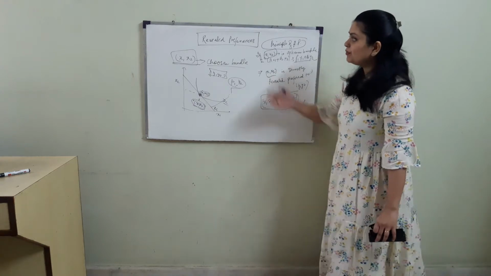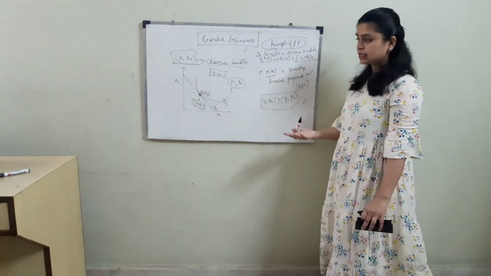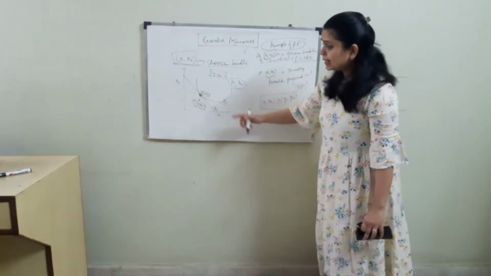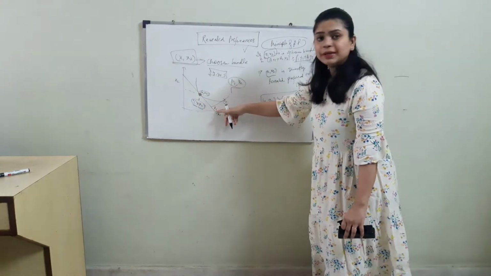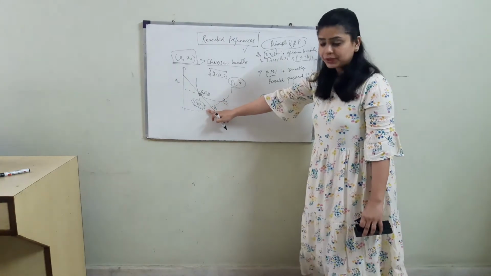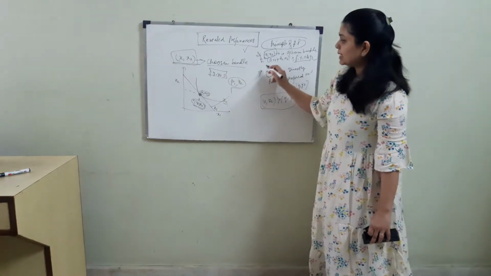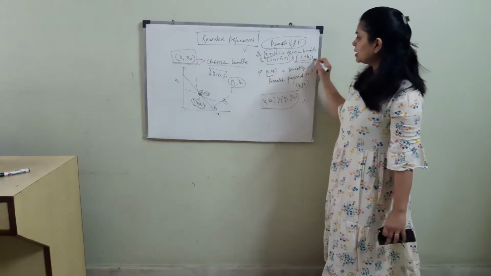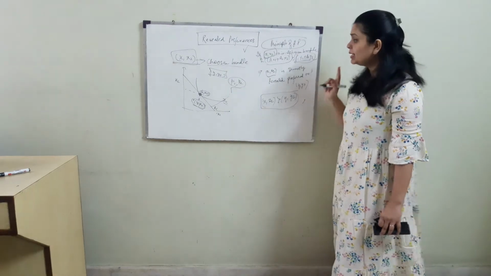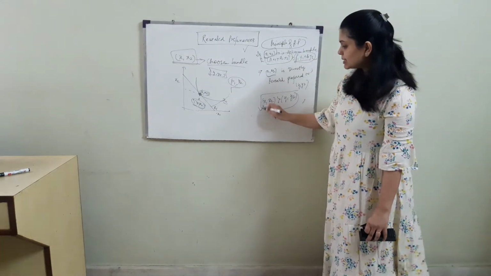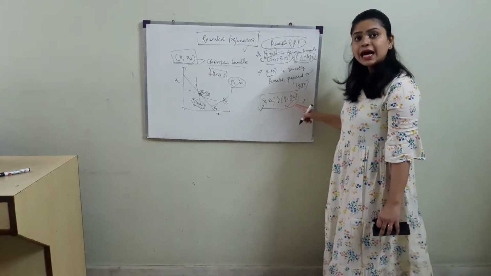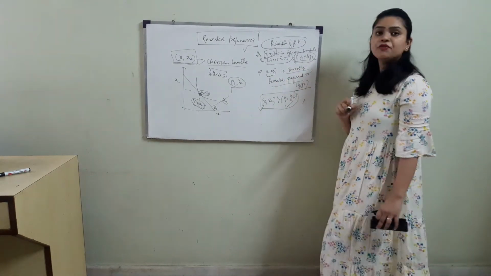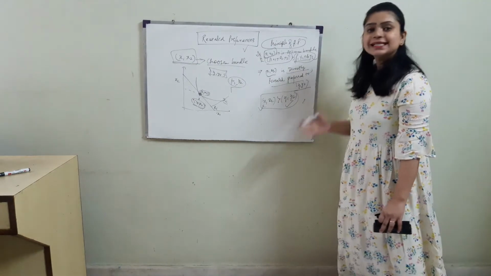So this is how revealed preference is discussed: if one bundle is chosen over the other and the other bundle is also affordable given the budget set, then since expenditure is larger on the chosen bundle than on the other affordable bundle, it must be the case that the chosen bundle is revealed preferred to the other. X1, X2 must be directly revealed preferred to the bundle Y1, Y2. This is the meaning here.